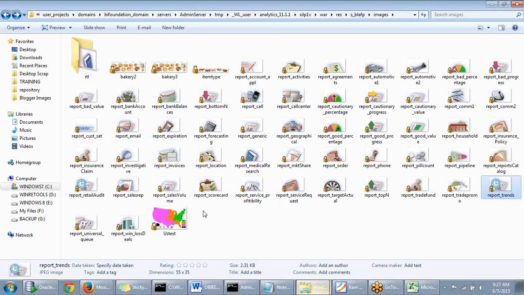The moment you place your desired images into this location, if you want to make use of your own image instead of the images provided here, we have one more same location like this, and we need to place our images in both the locations,